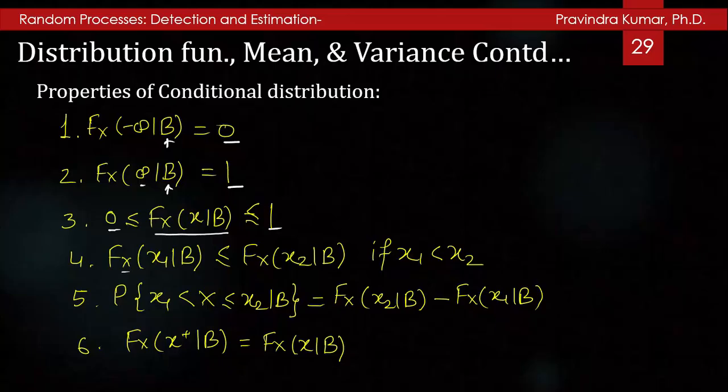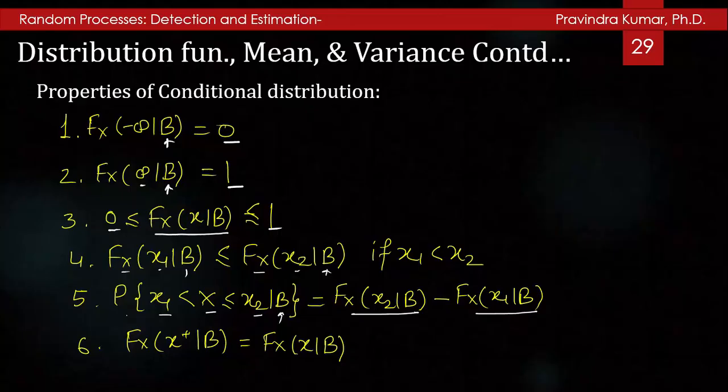The conditional CDF at x1 given B is less than or equal to the conditional CDF at x2 given B if x1 is less than x2. And the probability that the random variable X is between x1 and x2 when event B has already happened